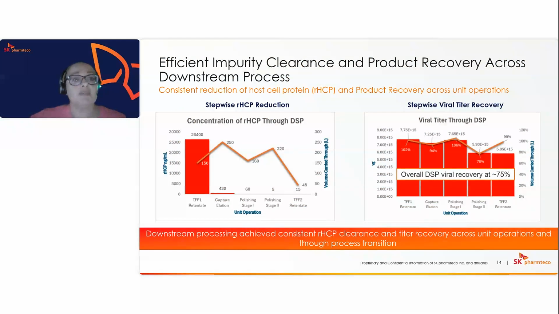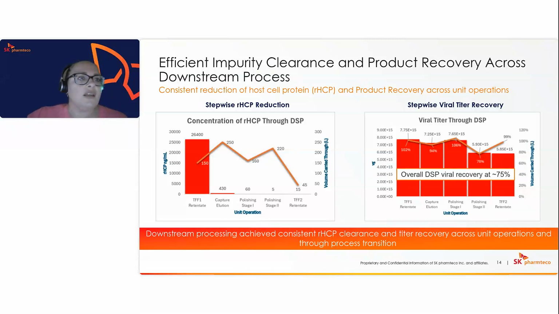And here we have some examples of that. This slide highlights the effectiveness of the downstream process in reducing the host cell protein while also maintaining product recovery across each unit operation. So the graphic on the left, starting with HCP load at TFF1, we have a high HCP load, then we see a substantial drop during the capture step, followed by continued reduction through polishing stages and final TFF. While there are some fluctuations in concentration due to changes across steps, the overall consistency and total HCP